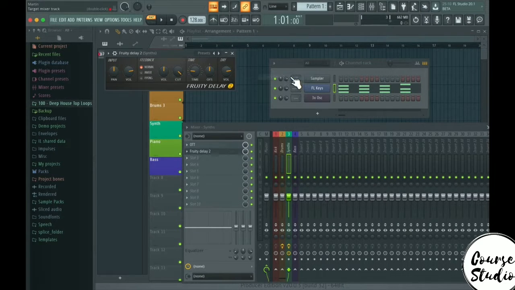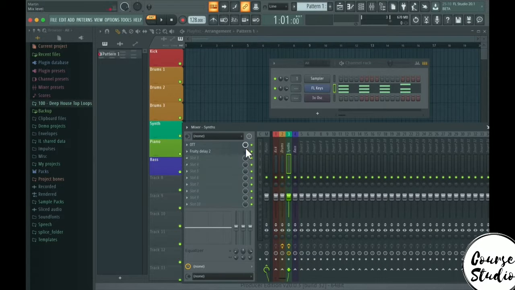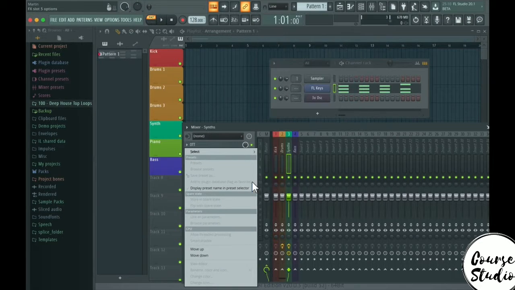So let's go with a delay, and I will put the wet signal to 0. So I will have the dial here in the mixer to 0, because now I can automate the delay. So let's say I want a delay for the synths. I can just automate this dial here to put more delay or less delay. Then I